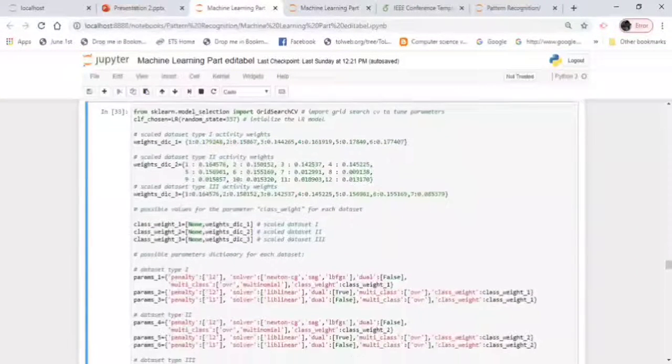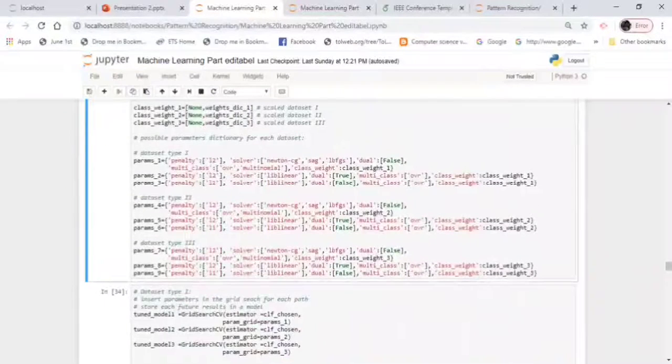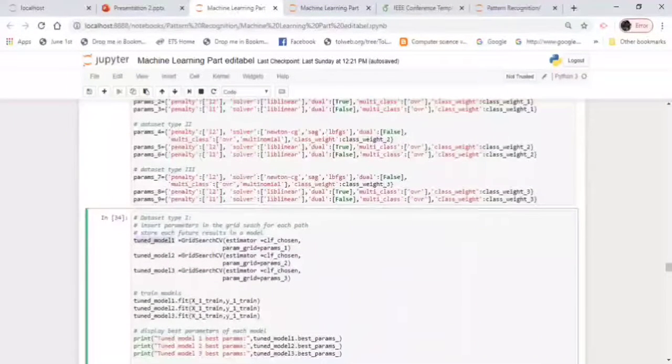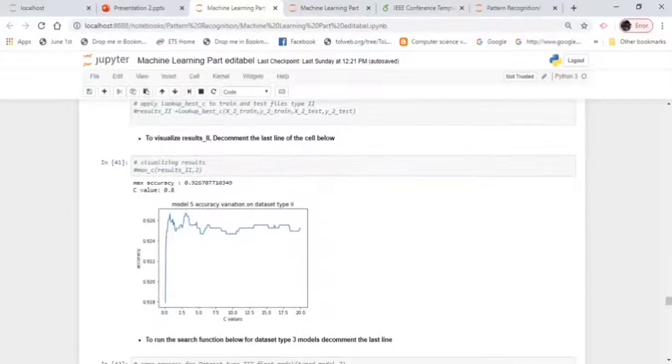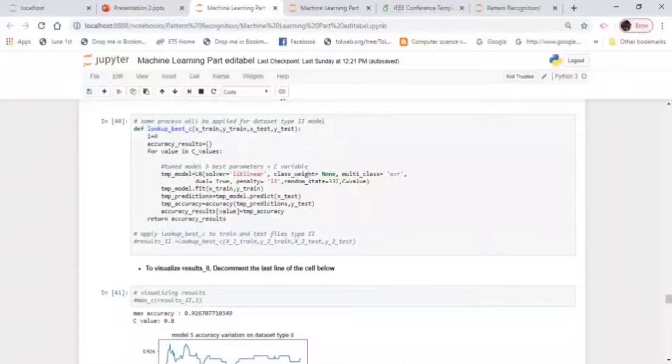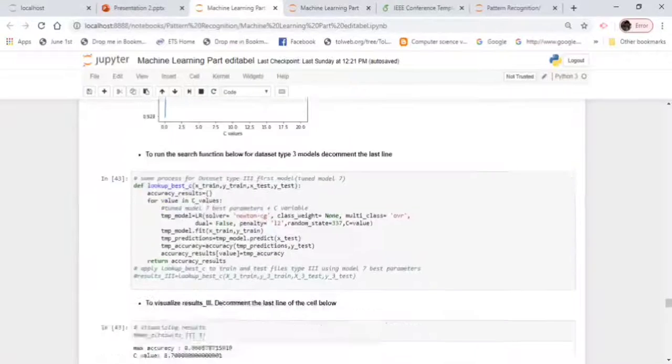I trained all three tuned models, tuned model 1, 2 and 3, for dataset 1, dataset 2 and dataset 3, and plotted them. You can go through my report, provided in the link, to get a main idea of all these hyperparameters.